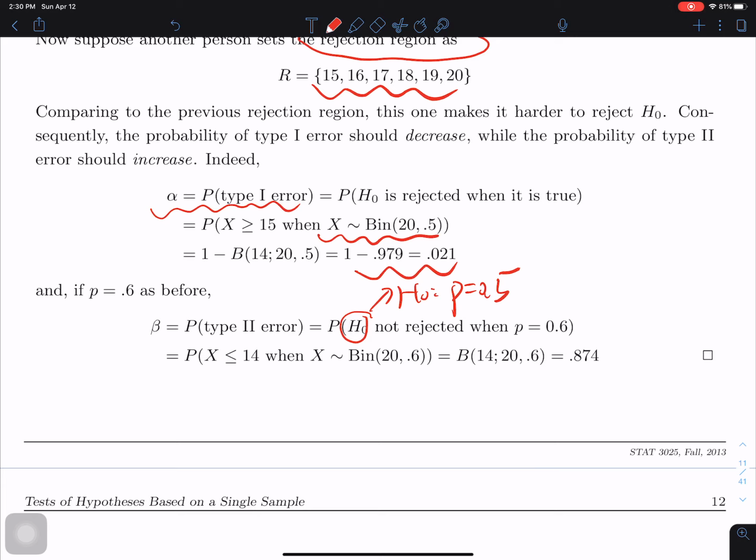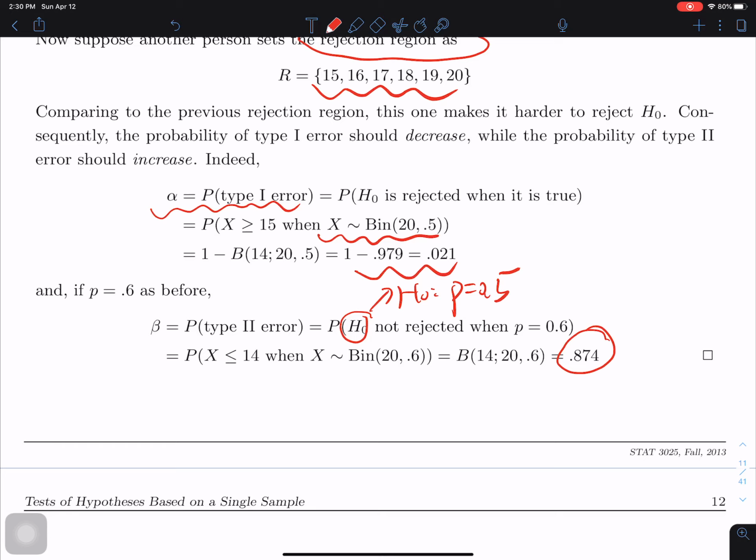Not rejecting H0 means X is less or equal to 14. And when P is equal to 0.6, it means that X follows a binomial distribution with parameters 20 and 0.6. Now, after some calculation, it gives us